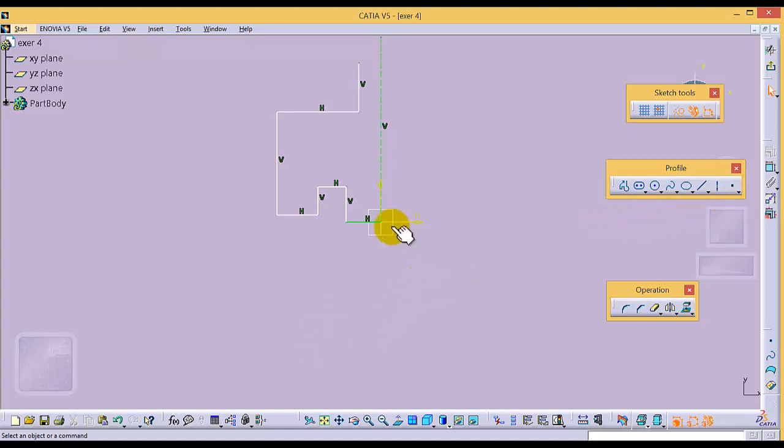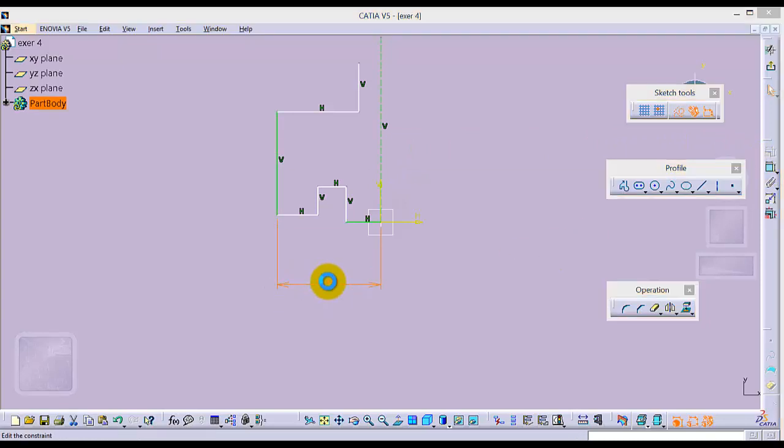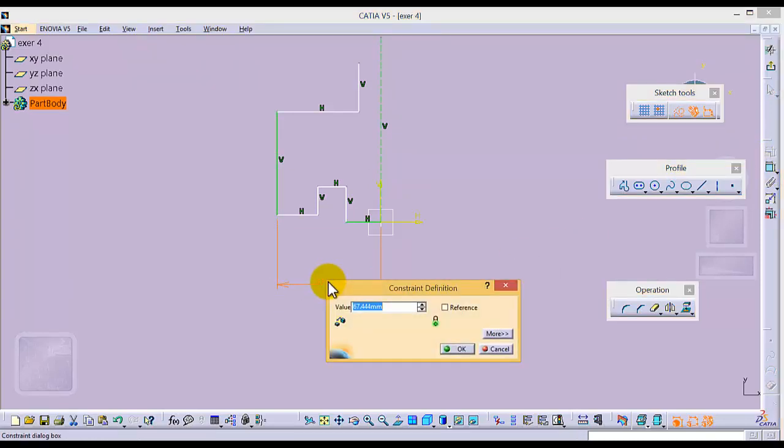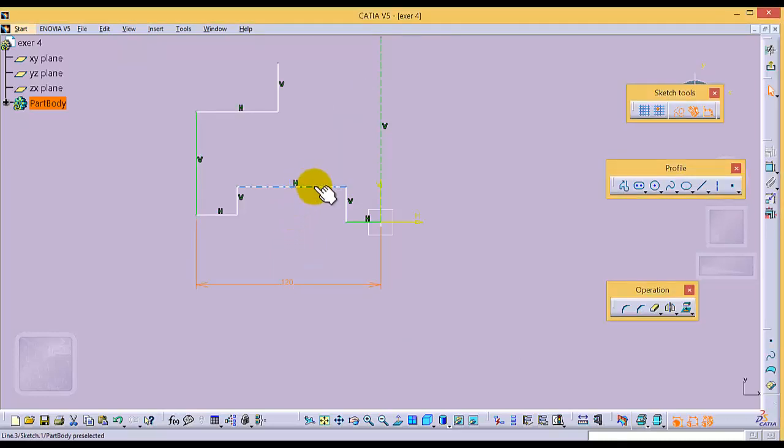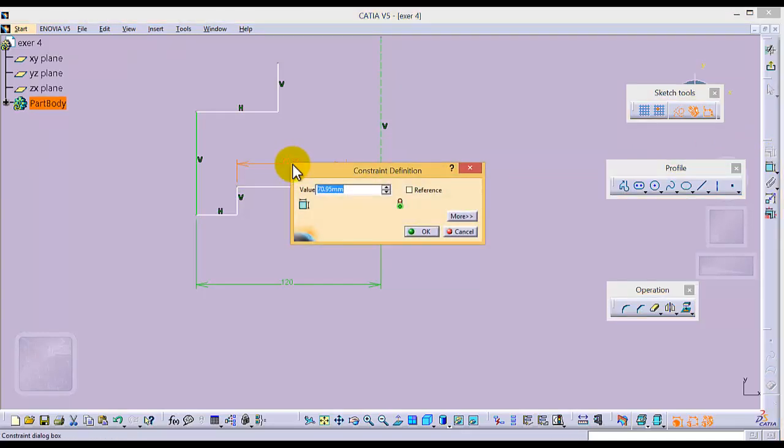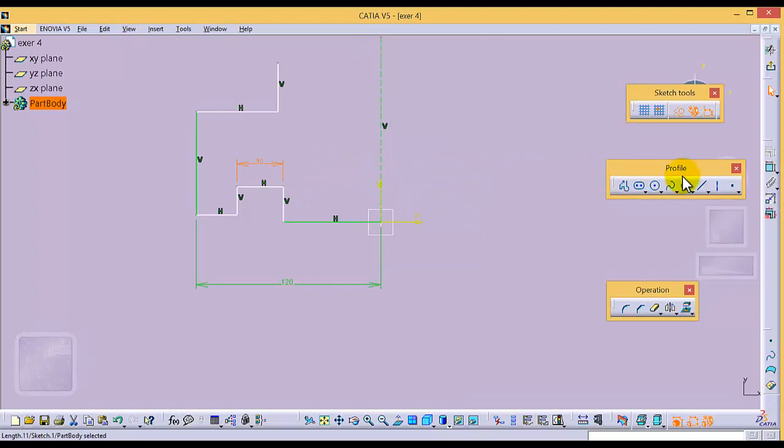So as you know, we added the half sketch, so some dimensions will be divided by half. This dimension total is 240, but divided by 2. This dimension is 30. And again a dimension from,